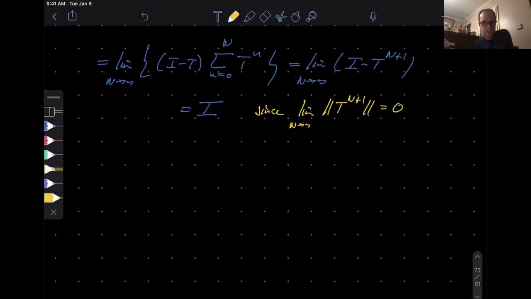And how do you prove this? Well, you use again the submultiplicativity and then the fact that the operator norm of T is strictly less than 1. So you have a geometric sequence, z to the n, when n goes to infinity and z is in complex modulus strictly less than 1, that guy goes to 0. That's what you have here. But here the convergence is in operator norm. Okay, so you have this, and similarly